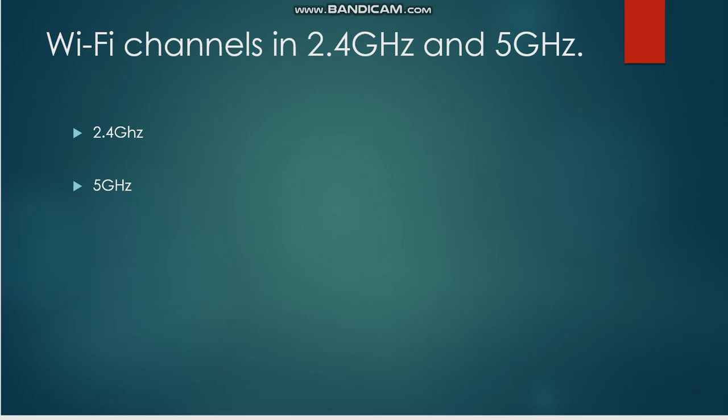The two different bands in Wi-Fi are 2.4 GHz and 5 GHz. Each of these bands has channels. The 2.4 GHz band has 11 channels. Most of these 11 channels overlap each other. So mainly